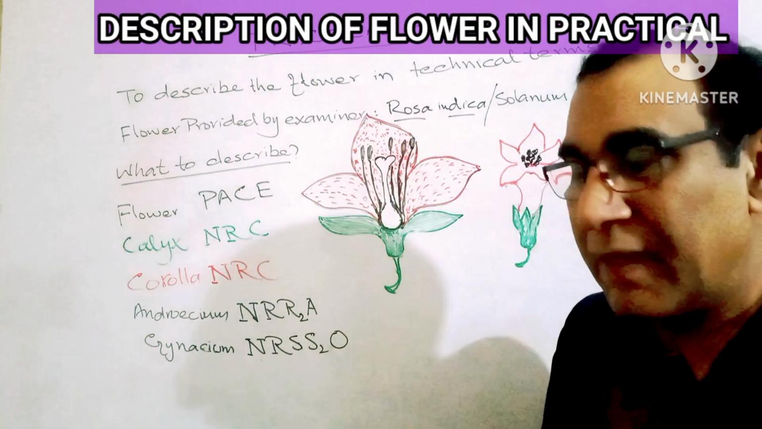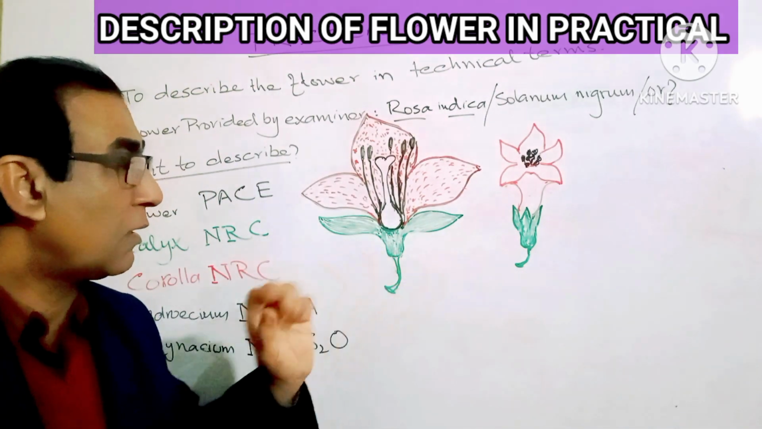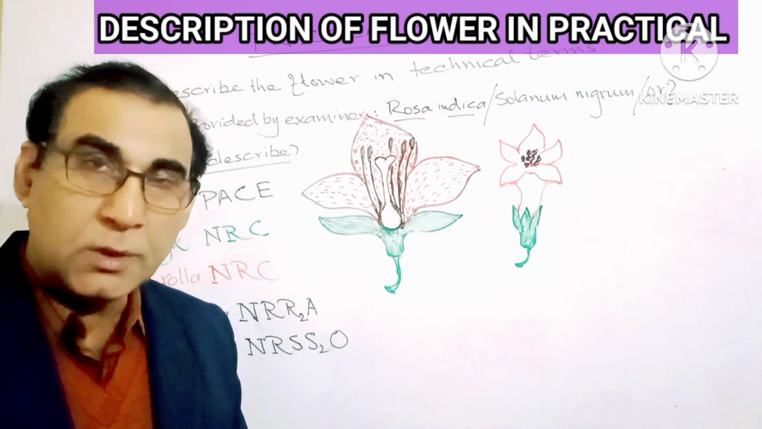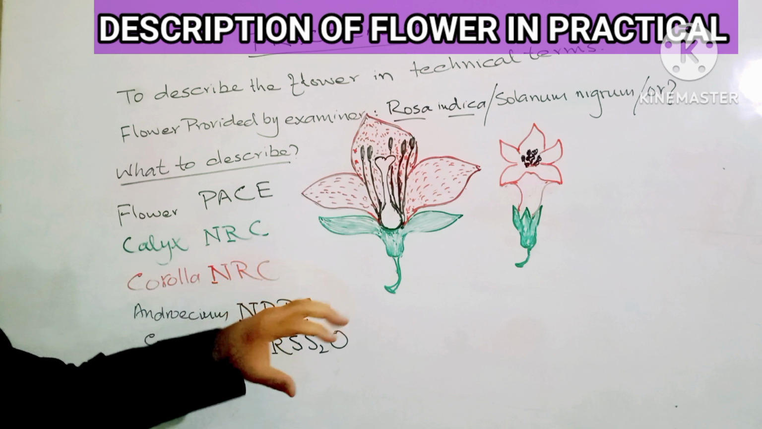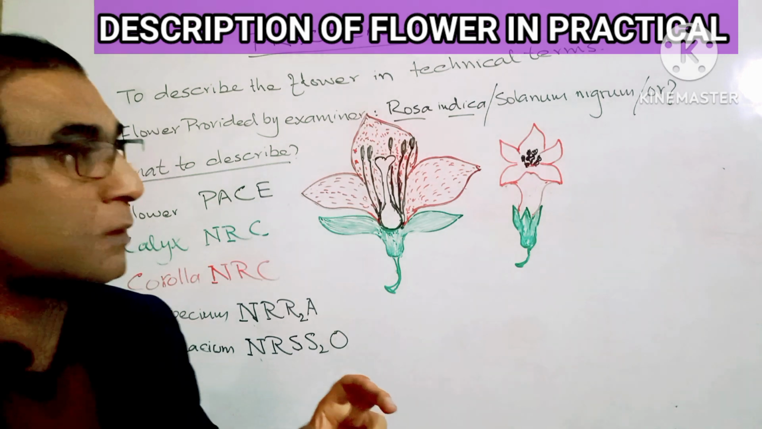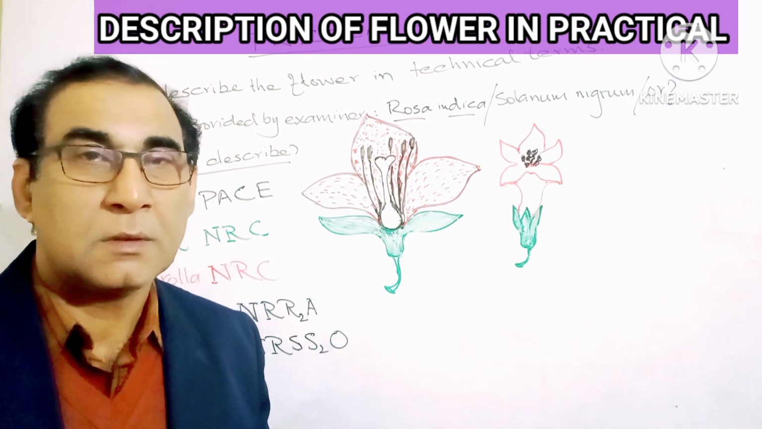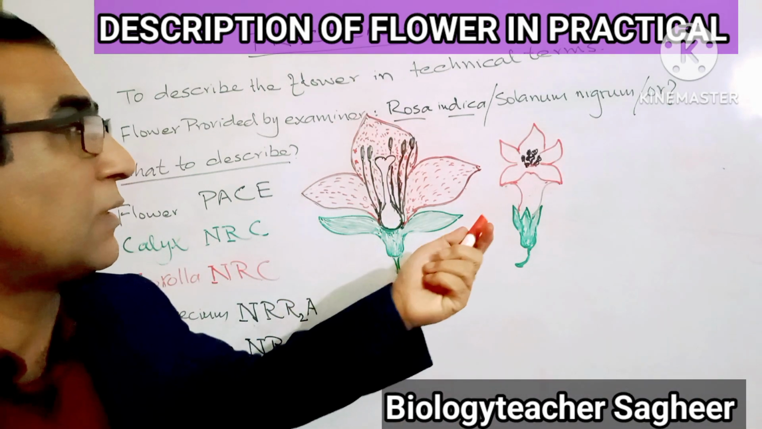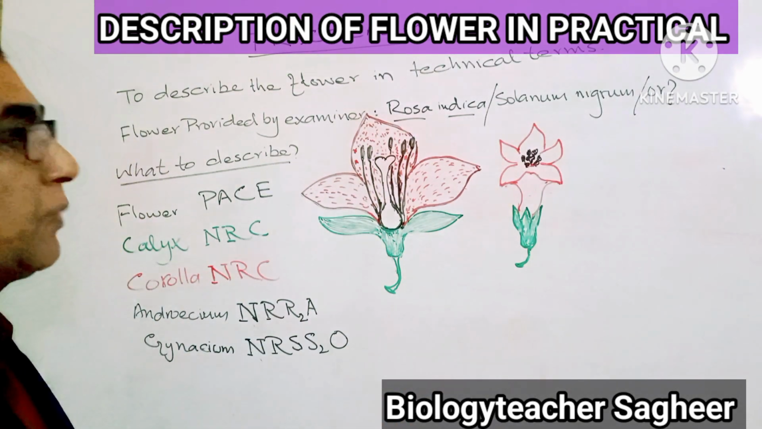Dear students, today we have to discuss the structure of a flower, particularly with reference to the practical exams. In practical exams, you are provided any of the flowers included in your syllabus. For example, that could be from family Solanaceae, that can be Solanum nigrum, that can be what